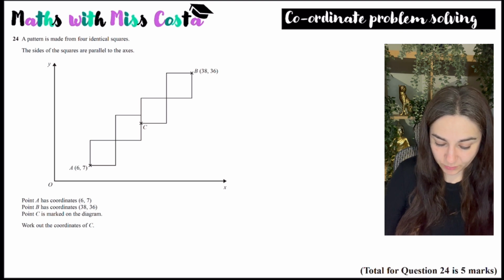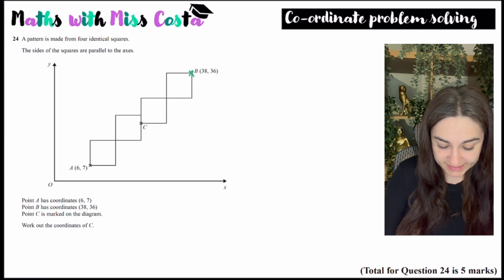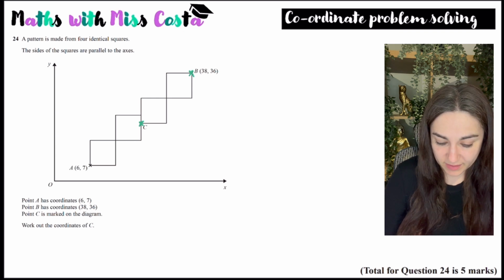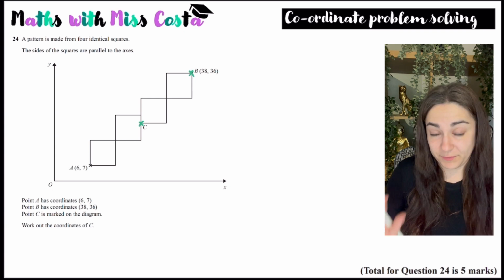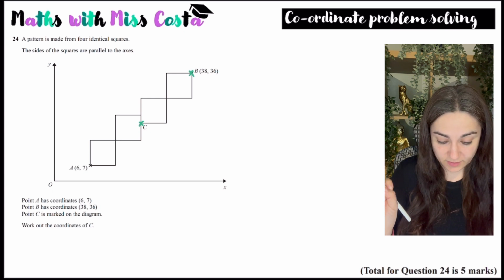So point A has coordinates 6, 7. I'm told that point B has coordinate 38, 36. And that point C is on this diagram here, and I need to work out the coordinates of point C. So it's 5 marks for this question. Even if you were just like, okay,